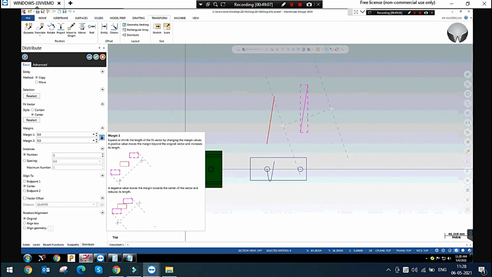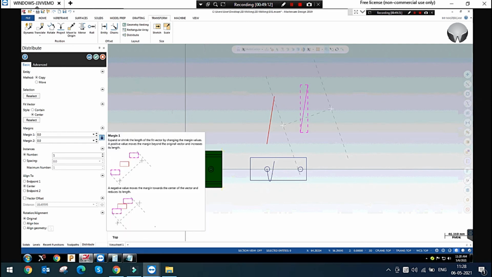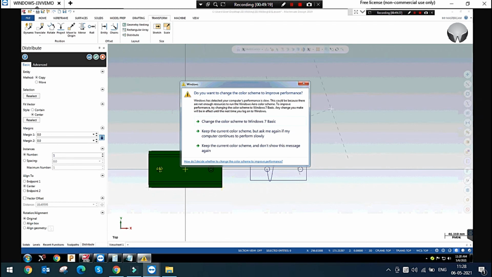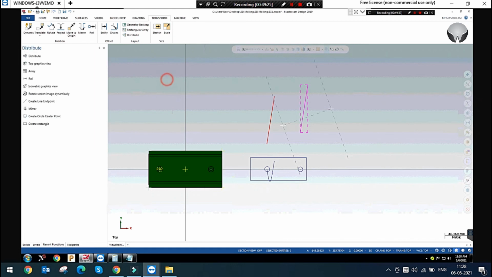Margin 1 and margin 2, you can simply see the differences. Yeah, you can give a particular vector line, a particular angle line, and it will be moved along the particular vector. We can simply use this with the translate option also and the dynamic option also. Yeah, we are not mostly using this.